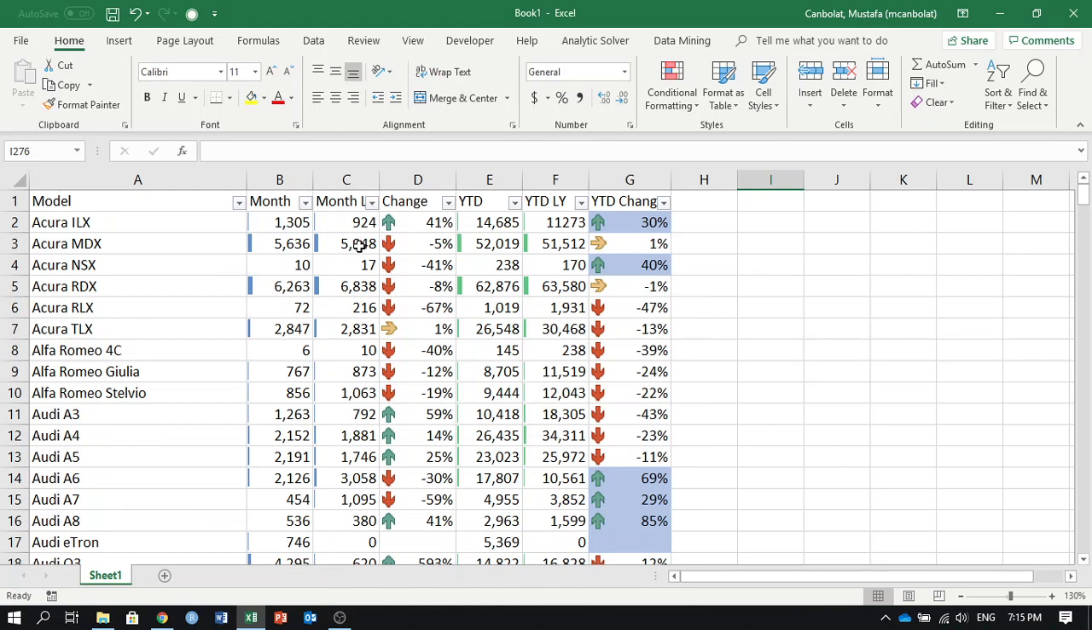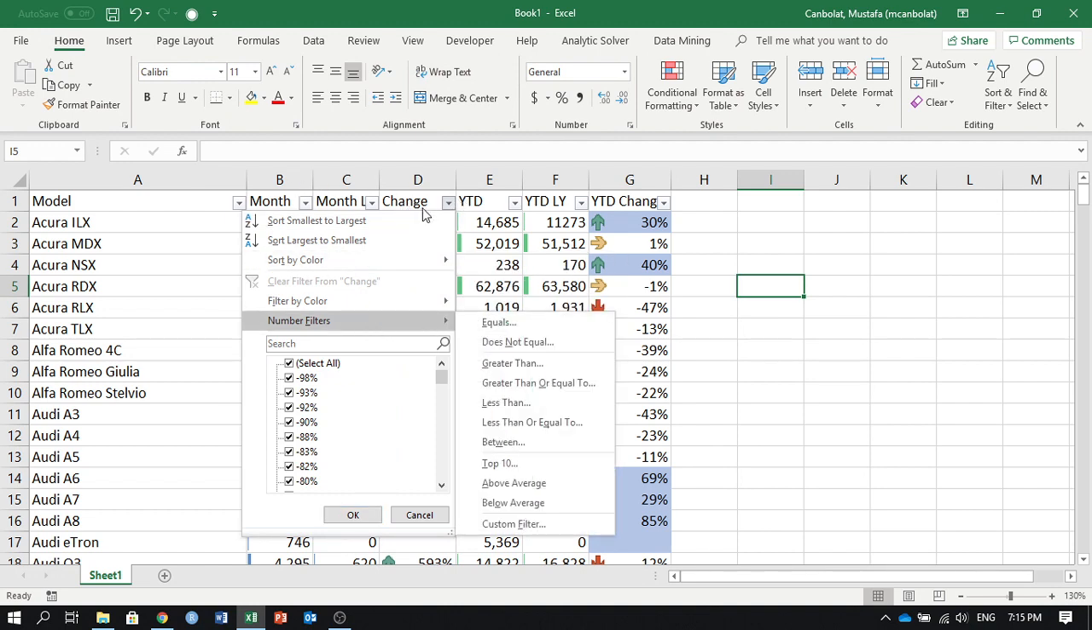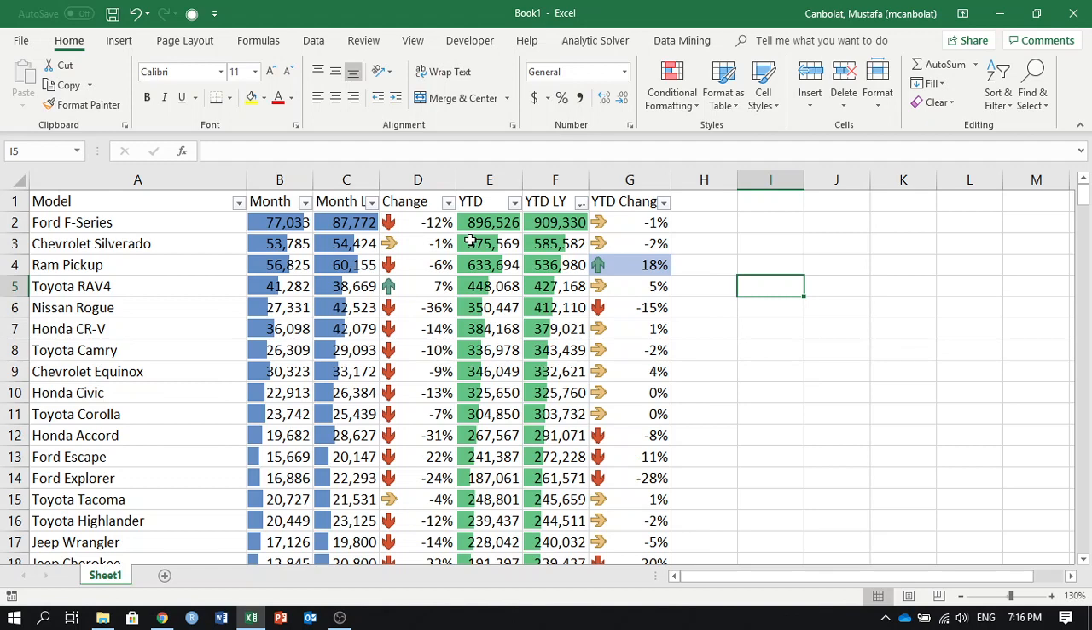Okay, in this case, the conditional formatting part is complete. Now I want to move on to advanced filtering. So what I could do is some filtering here, like number filters in each column of this data set, and I can try to see which values are larger than a 5% increase, or in which month I sold more cars, or maybe sort them from largest to smallest, and then I can see that Ford F-Series and Chevy Silverados are the most sold cars year to date